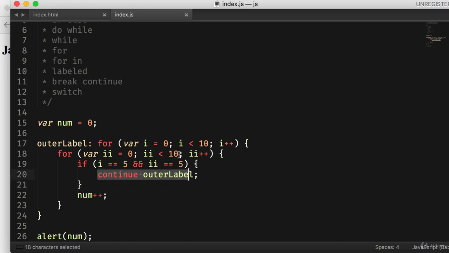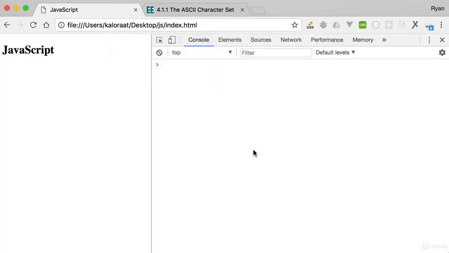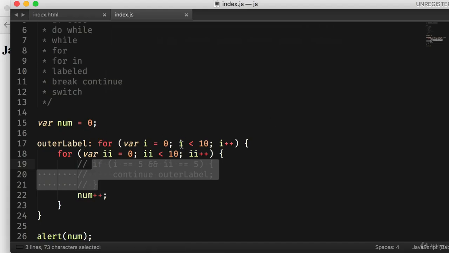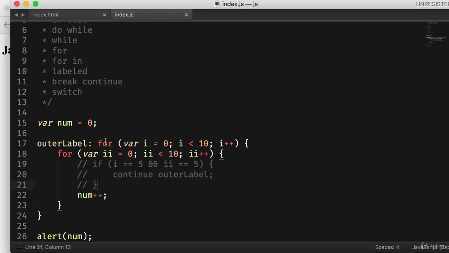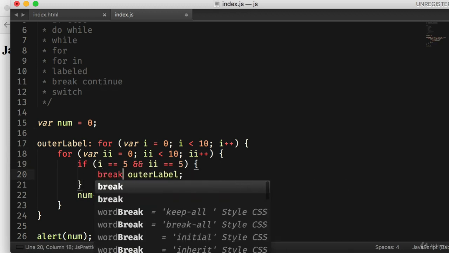because the one iteration it missed when it encountered the continue statement. So if we didn't have this statement, it would be 100. Save, refresh, and it would be 100. So both iterations would run 10 times each. So as a result, num++ is executed 100 times. When you have this, if you say continue break,